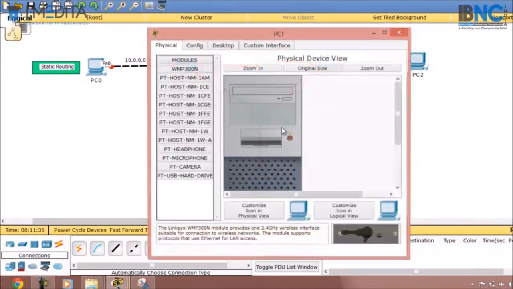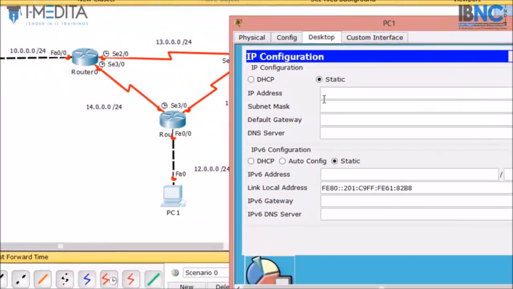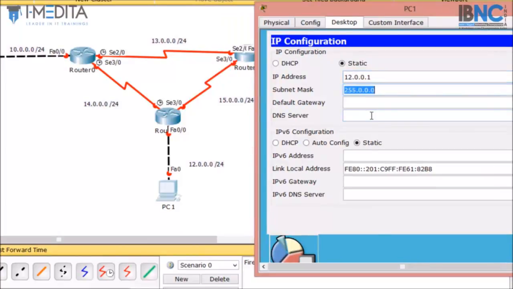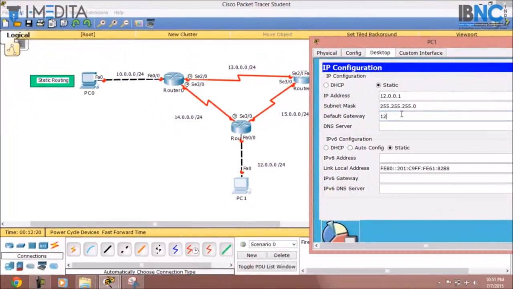Similarly, we will configure the PC1. We will go to the desktop, click on IP configuration and then choose an IP 12.0.0.1, hit tab and then configure 255.255.255.0, and the default gateway value will be the same network IP that we will configure on fast Ethernet 0/0 port of the router, so it will be 12.0.0.2.